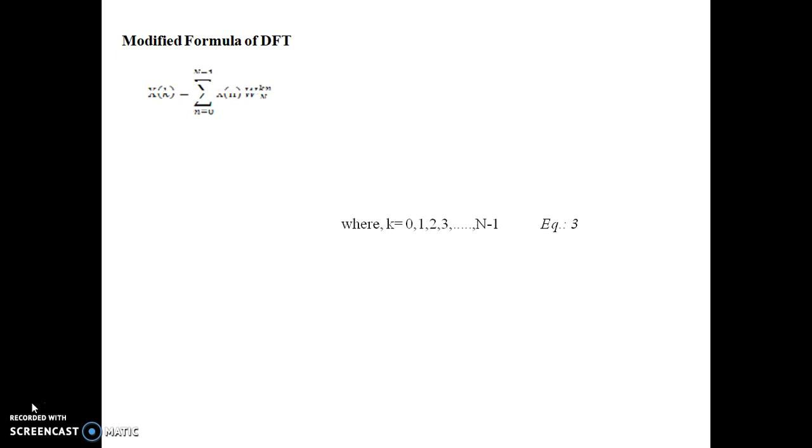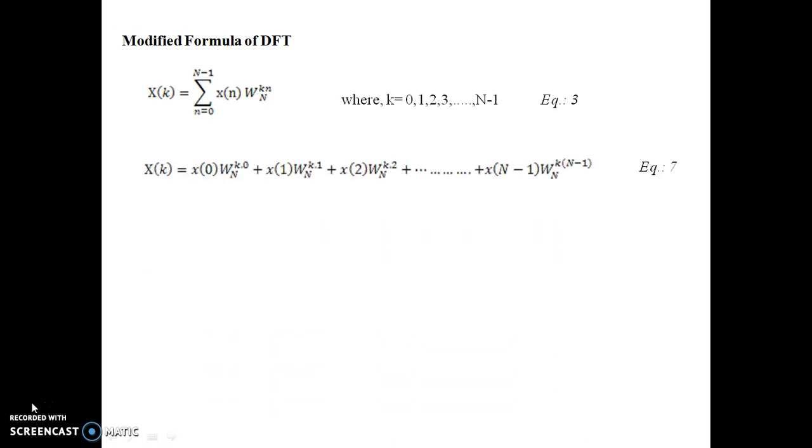of DFT. As we know, capital Xk equals summation n equals 0 to capital N minus 1 of small xn capital W kn. Now, elaborately we can write it down also